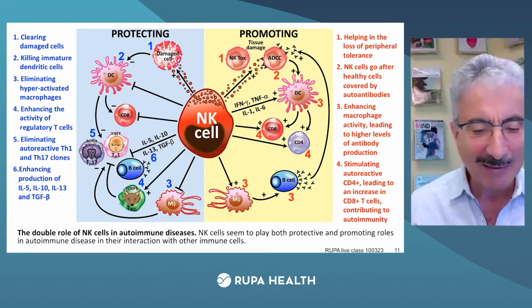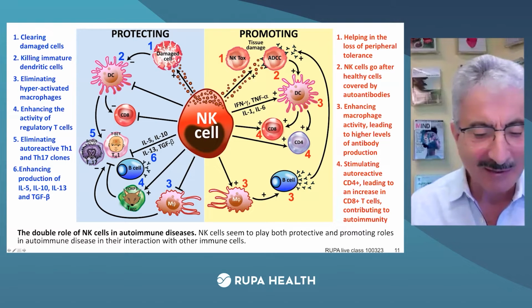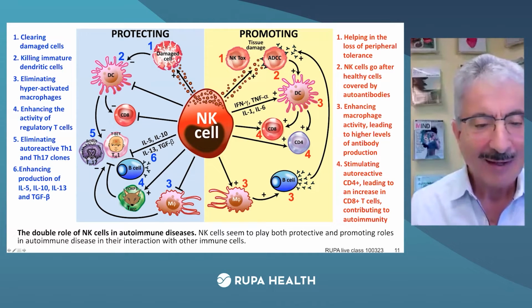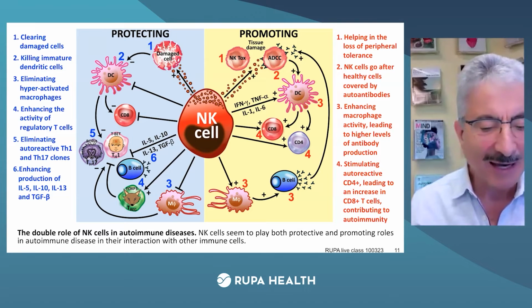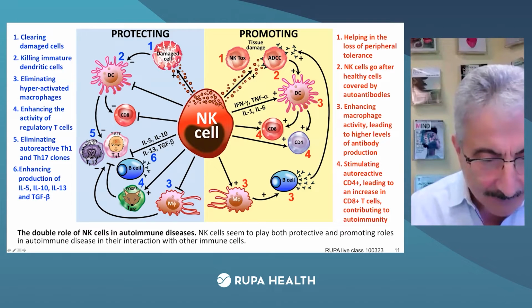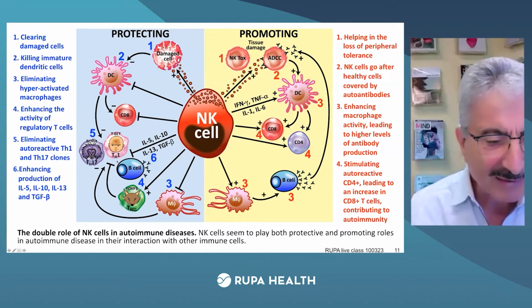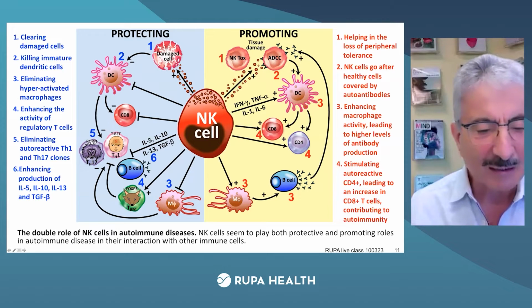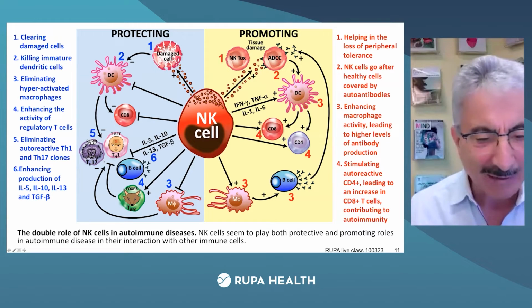They can eliminate hyperactivated macrophages, which also play a role in inflammation, can enhance the activity of regulatory T cells and keep the balance between Th1, Th2, and Th17, can eliminate T